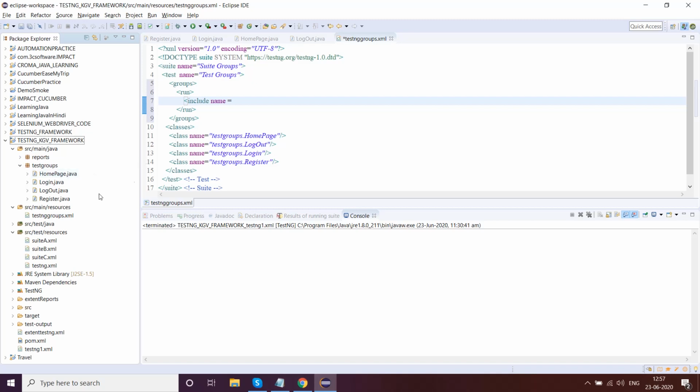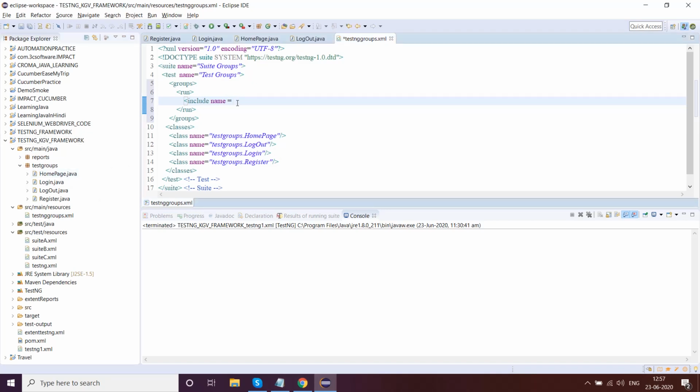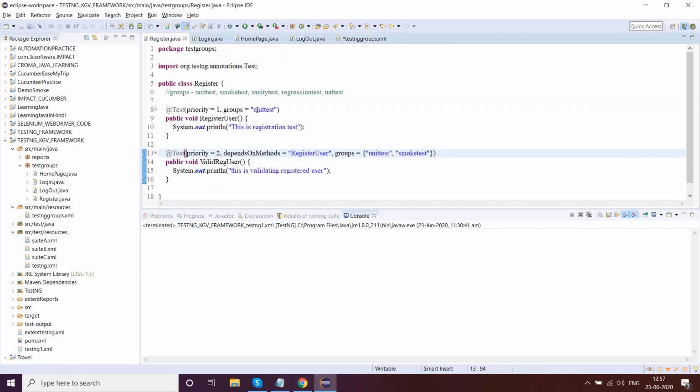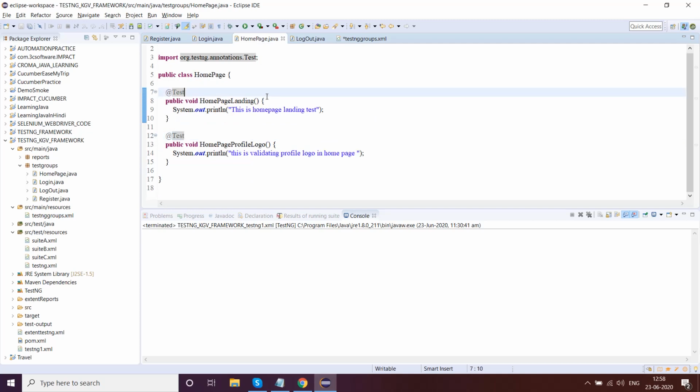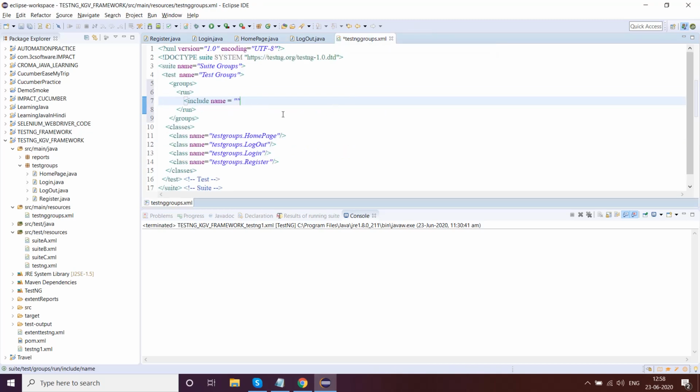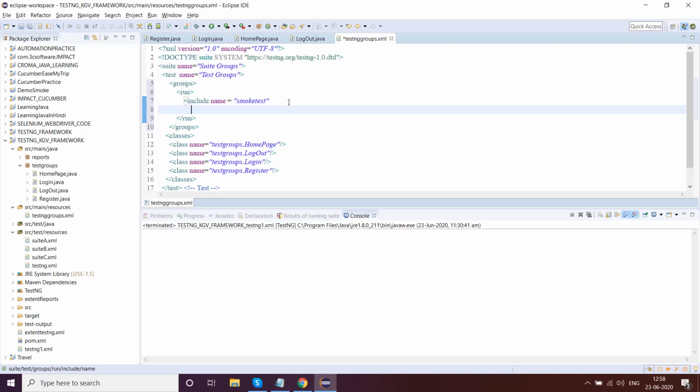Okay, we were here, right? So we'll include what you want to use. Let's say for example we want to use unit test or smoke test or anything. So we'll include, let's say, smoke test. Okay, and we can also add another. We need to close the tag.